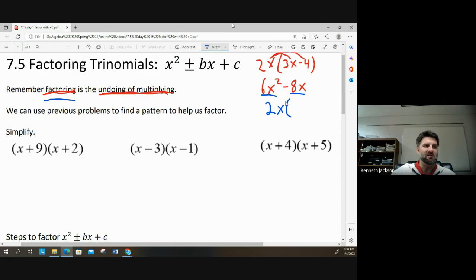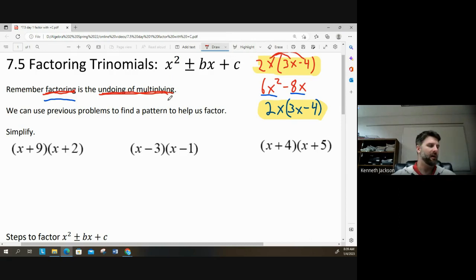Now I need to work backwards. What times 2x is 6x squared? Would that be 3x? 2 times 3 is 6. x times x is x squared. Minus, because it's a minus sign. And what times 2 would give me 8? That'd be minus 4. And you can see that this 2x parentheses 3x minus 4 is exactly what we started with up here. It's the exact same thing. One of them we're multiplying and putting it together. The other one we're factoring and pulling it apart. So if we keep that in mind, that will help us understand the problems for the rest of the chapter